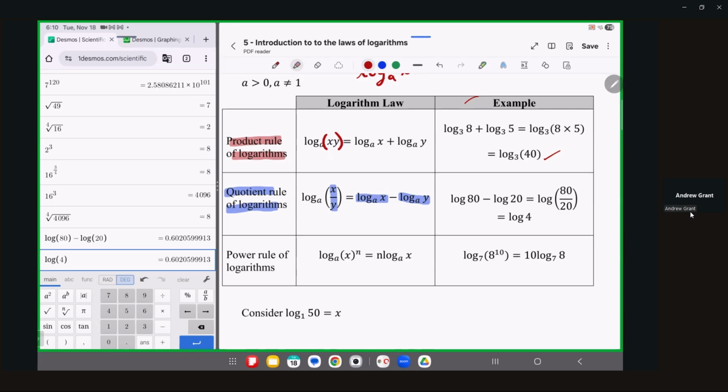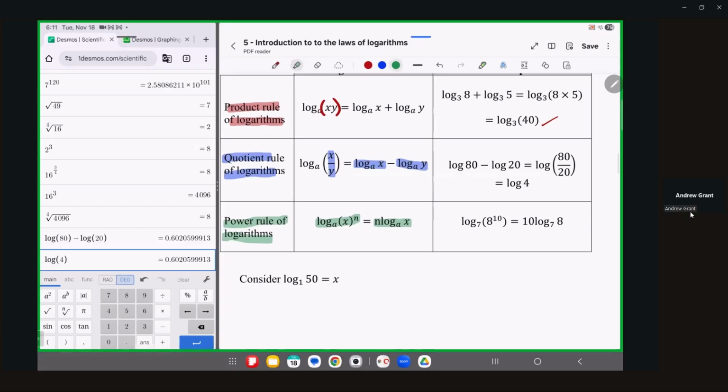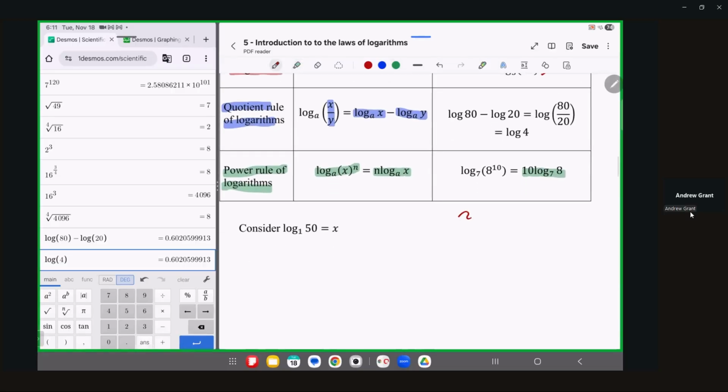The most useful property is the power rule of logarithms. It says that log base a of x to the power of n is equal to n log base a of x. So if you have log base 7 of 8 to the power of 10, that's the same thing as 10 times log base 7 of 8. Note that this is not the same as us saying